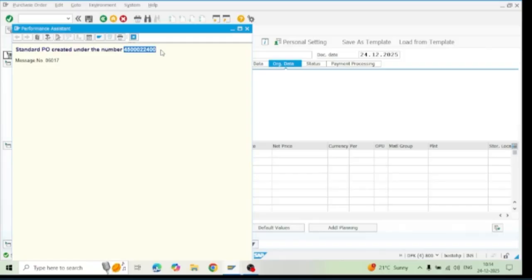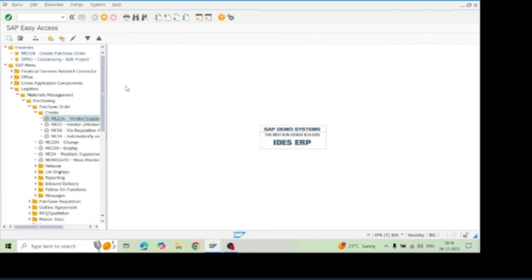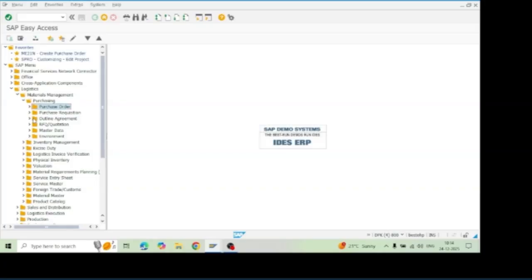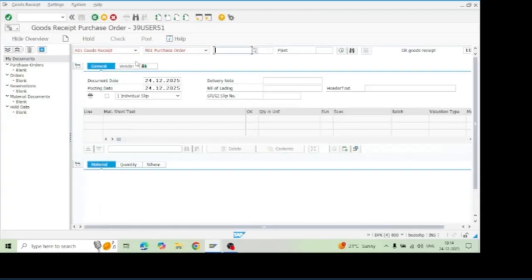So this is the purchase order 4500022400. Against this purchase order, the purchase order will be sent to your vendor, and the vendor is going to send the goods. And when you receive the goods, you will do the inventory, that is your goods receipt, that is MIGO. Okay, so to do the MIGO, you'll go to inventory management here, goods movement, MIGO is here. So goods receipt against a purchase order, so MIGO purchase order is known. So against the goods receipt, add this purchase order which is already there, and add the planned also,